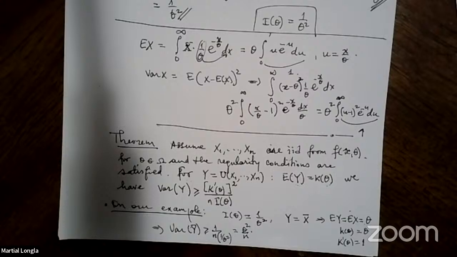Now, because x bar is the sum of independent observations, and the variance of a sum is the sum of variances when they are independent,